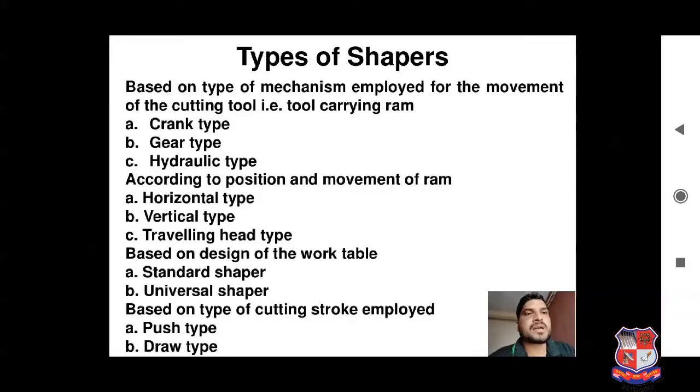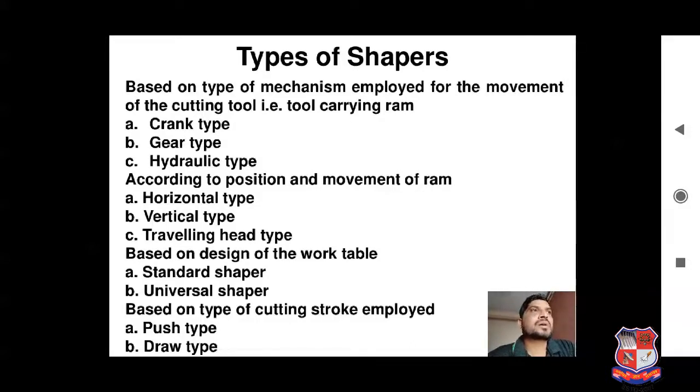In this cylinder, high pressurized oil is pumped. So due to this high pressure oil, the piston can be moved in a to and fro motion. One of the advantages of this type of machine is that constant pressure is applied, so the drive is constant, with no fluctuating drive as in the quick return mechanism. So we get more precise and reliable operation as compared to the quick return mechanism or crank type of shaper machine.